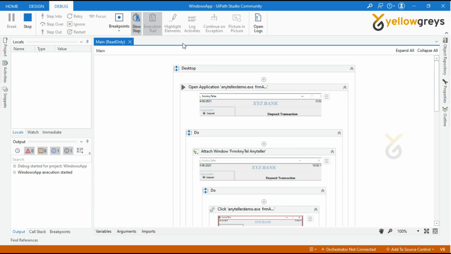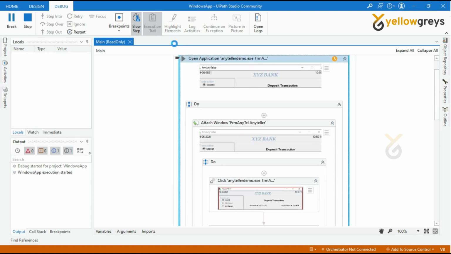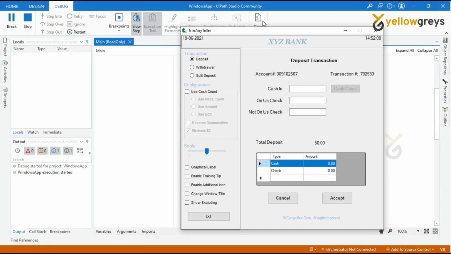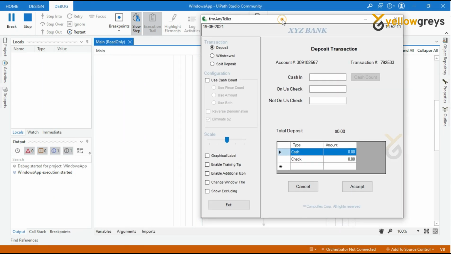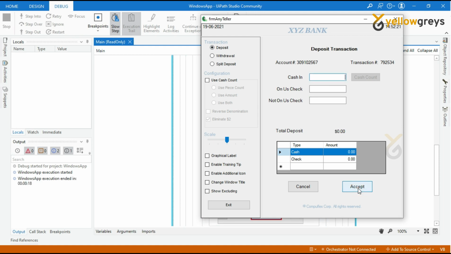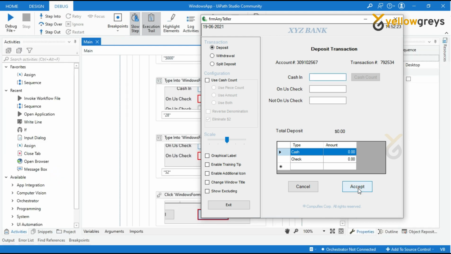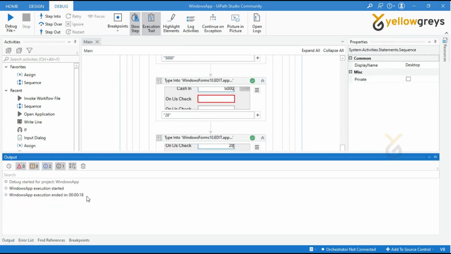Observe the output panel. It's only displaying the status of the process start and end messages.